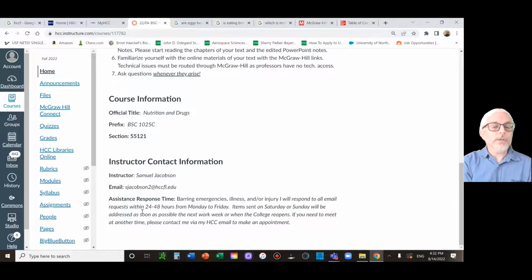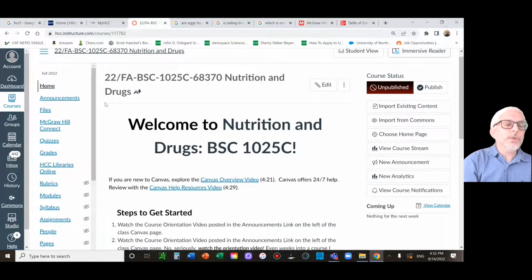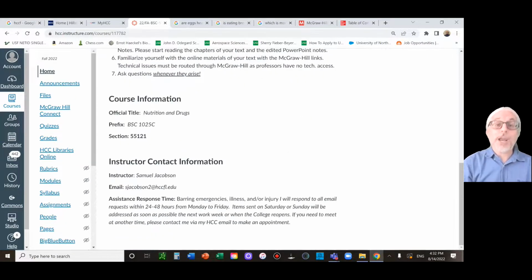There's again the course information. I have 2 sections of this. Oh, actually, that's an old section. My apologies. I thought I updated that. I have 2 sections. They're identical sections. So I have this one and one other one. You're getting the exact same video because they're exactly the same course. Parity in classes, very important thing. I apologize. I will change that when I get a chance. And then, of course, my general contact information, including emails a little bit here as well. Notice this part in the emails.